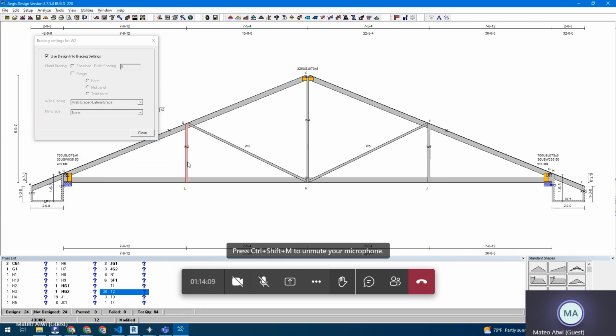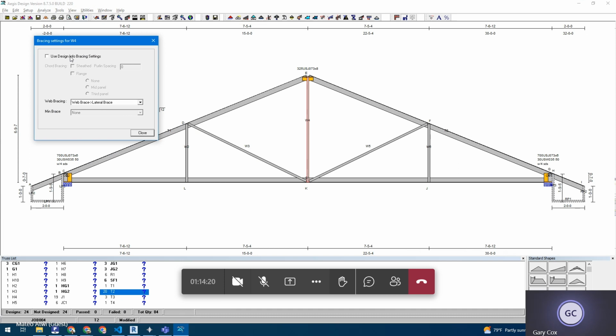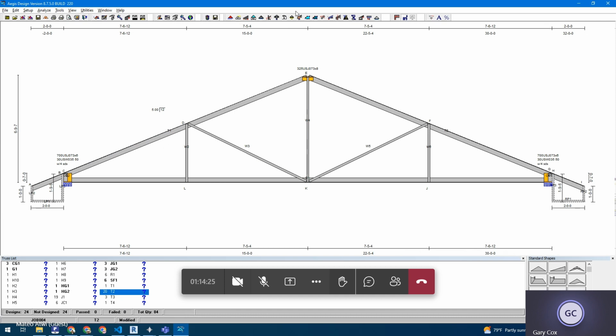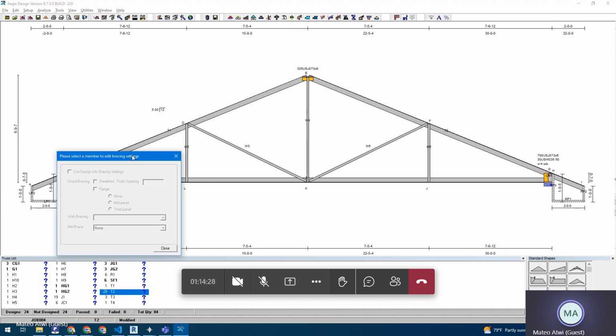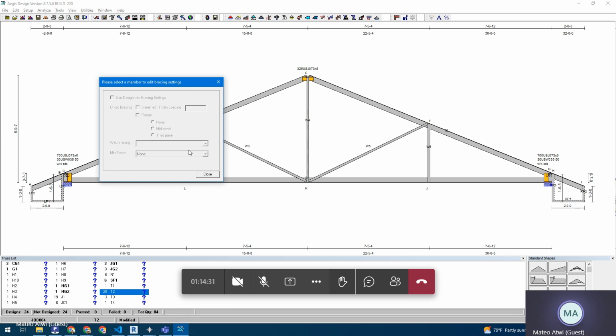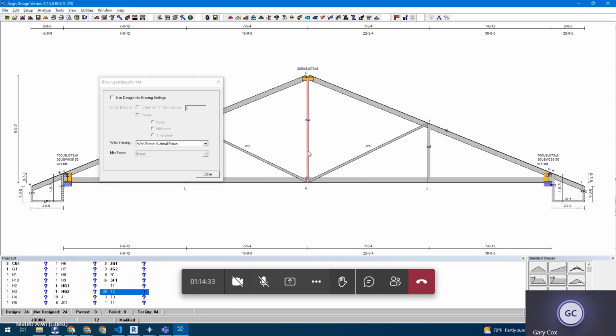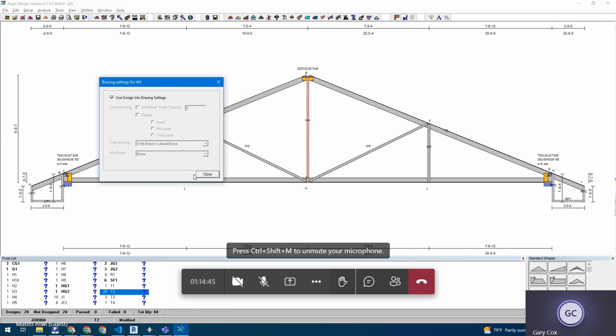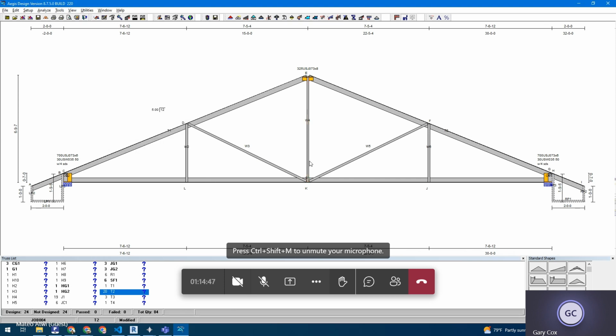Bracing. The next one has to do with bracing. You would pick a piece and then you would uncheck the box for use the design info bracing settings and make it different based on what needed to be done. Do you see people use this very much? Yes. Because on your hip trusses, on the one end, each truss is different. Anything that shows a hat channel on it, each web is going to have its own brace on it,